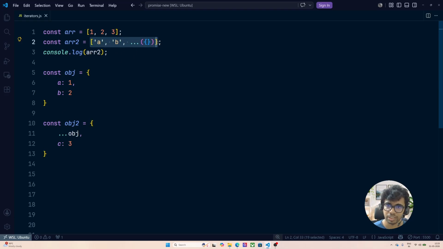Here it is used inside an array. Here we are using it inside the object. Even though syntactically these are the same, it is having a great abstraction. It is hiding the internal behavior. Here it uses symbol.iterator. Here it is not checking whether this object is iterable. Now the behavior here is it takes all the enumerable properties of that object and copies them to this